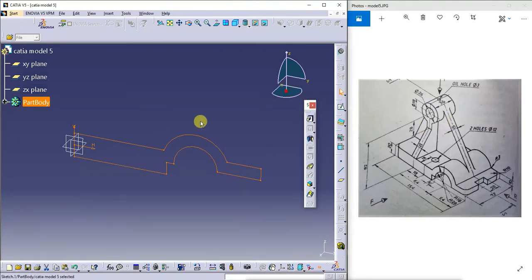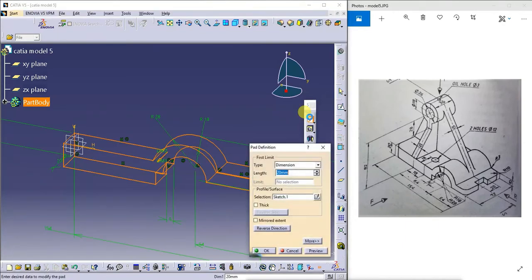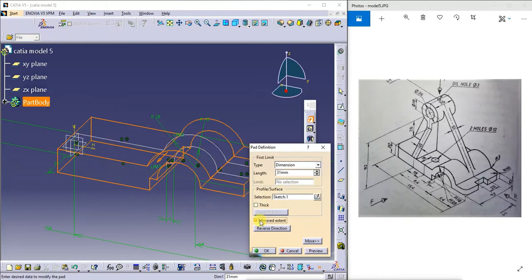So this pad should be 72 mm dimension. So I'll take the extrude command. I want the plane exactly at the middle. From the middle it will be how much? 31 from this, 31 from this. So what I do, 31 from the middle, mirror extend.